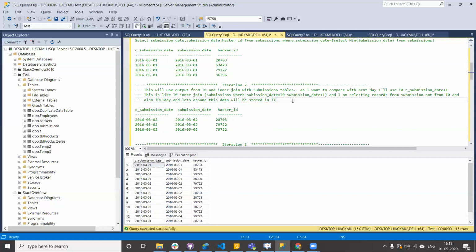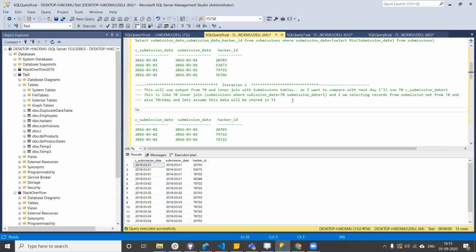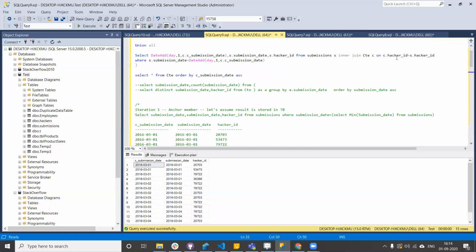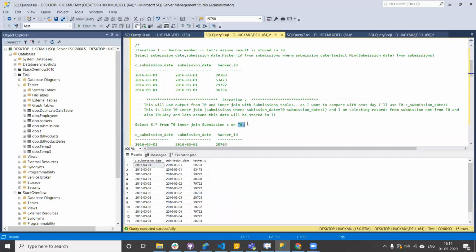It is doing select S.* from T0 inner join submissions S on T0.hacker ID equal to S.hacker ID.